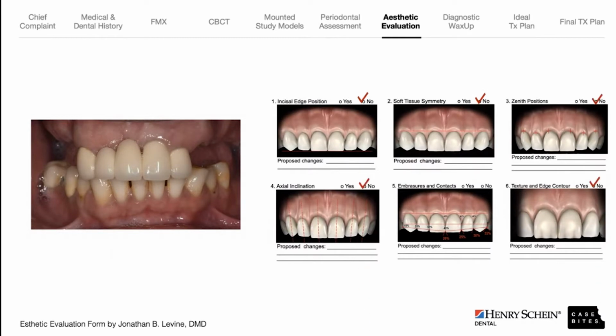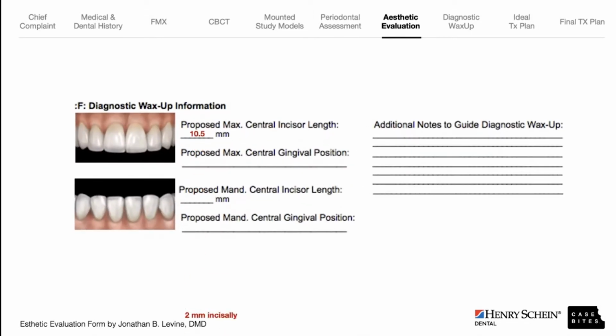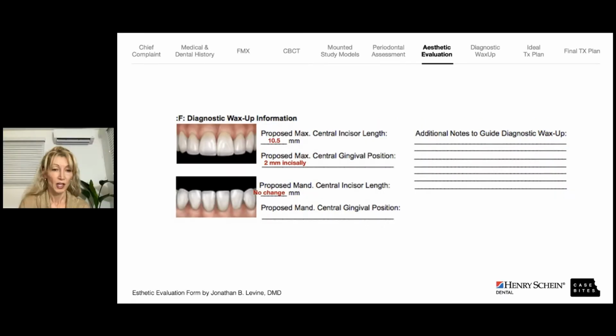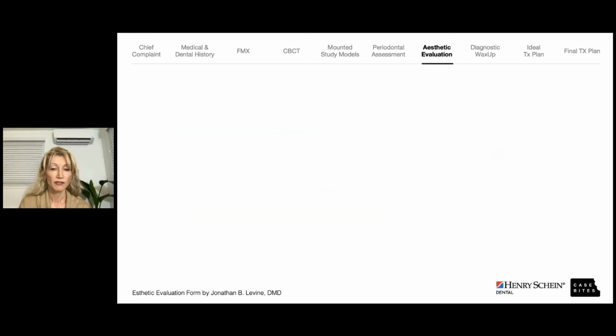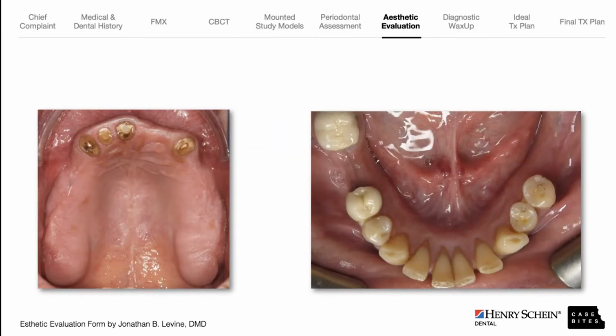And on this slide, we can basically see that we can improve every parameter on that slide. We're proposing to decrease the length of the teeth on the maxilla and also give a little bit less gingival display. For the lower anteriors at that point, we determined that vertically the incisal edge is in a favorable, acceptable position. However, he had the flaring on the lower incisors,